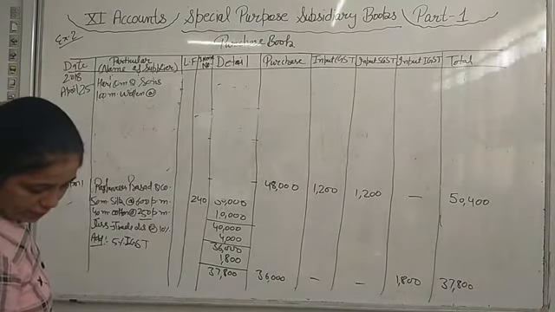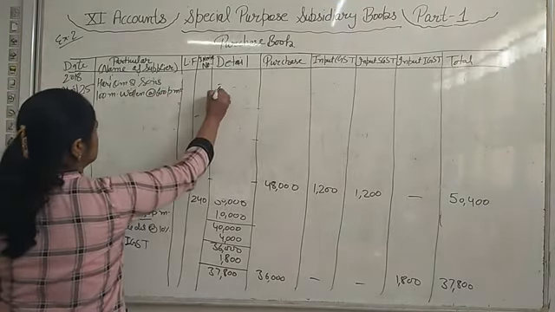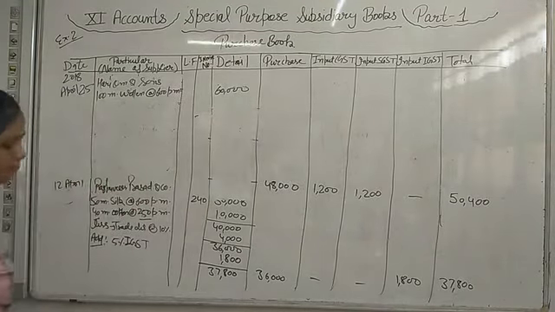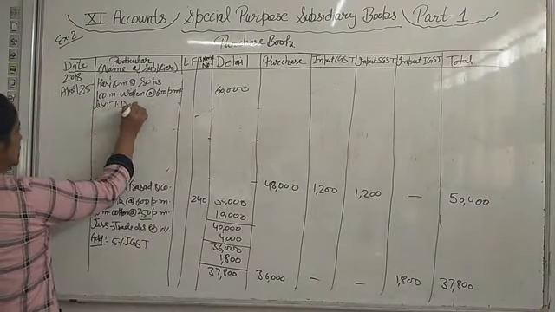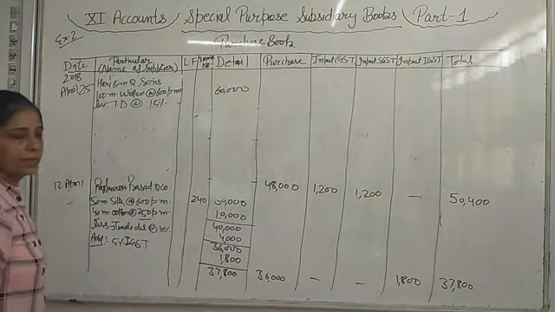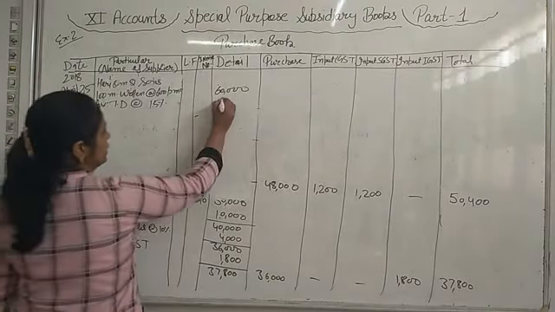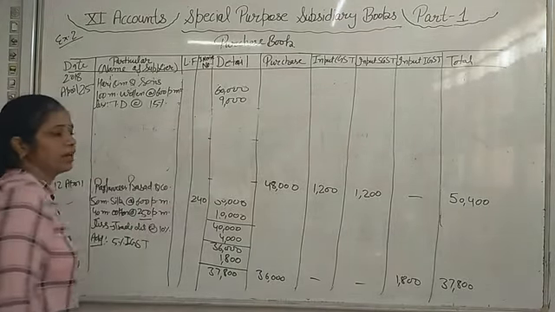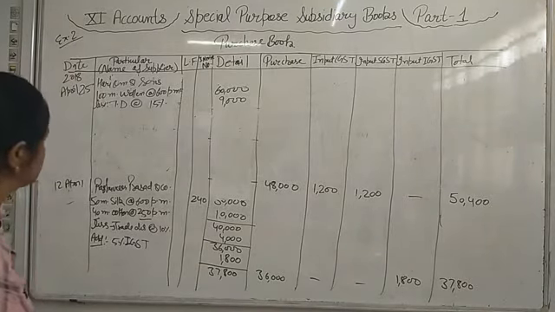At what rate have we purchased? 600 per meter. The total amount we have purchased is 60,000, 600 multiplied by 100. And less trade discount we have received at the rate of 15%. Then 60,000 cut 10%, 6,000. Then add 5%, 3,000, and the total is 9,000. Otherwise 60,000 multiplied by 5 divided by 100. You know how to find out the percentage.